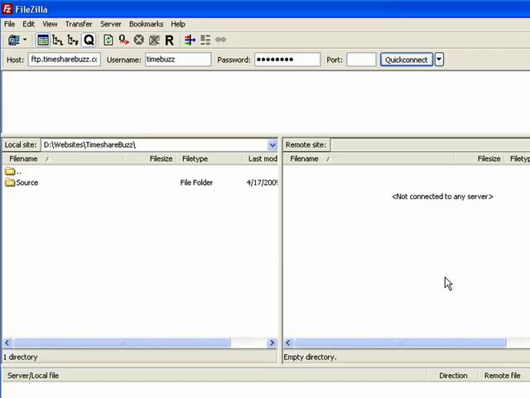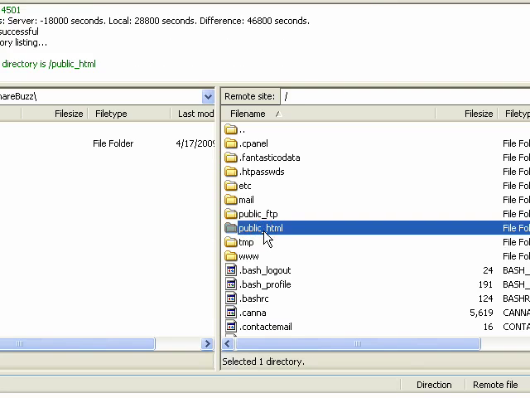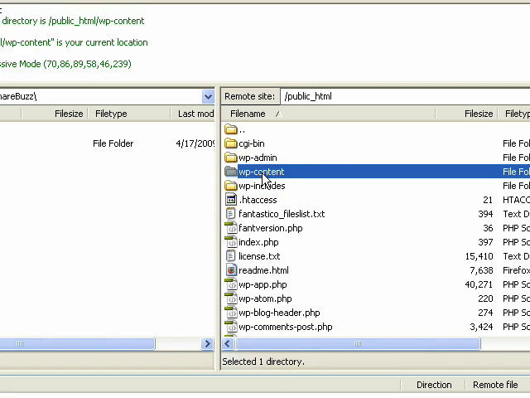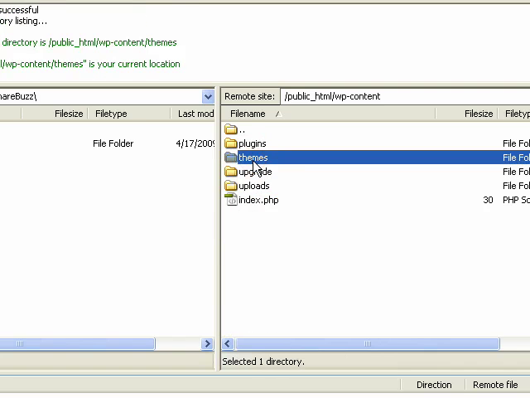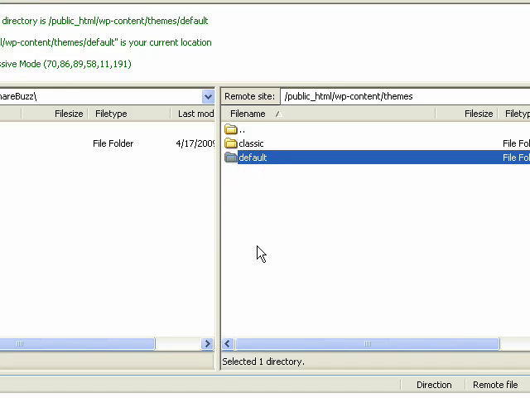Using an FTP program like FileZilla, you need to enter your hostname, username, and password and connect to your web hosting account. And when that's done, you need to click on to the public_HTML folder and click to WP content. Go inside the themes folder and you need to go into the specific folder of the theme that you want to edit. So I'm going to click on the default theme,